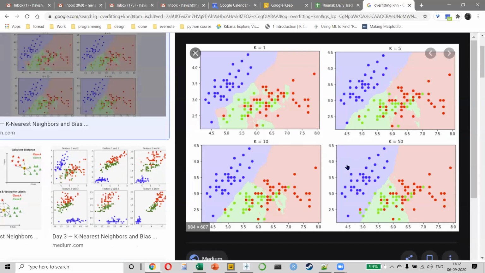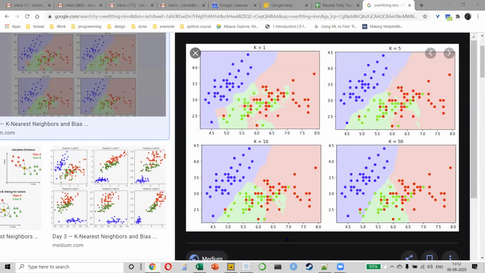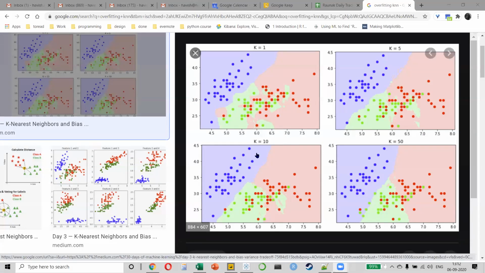So if you notice my data, which one do you think is the best one? Like, all these are 4 different types of clusters. Which one do you think would be the best one? Anyone? K equal to 1, K equal to 5, K equal to 10, K equal to 50. Which one do you think is the best one? K equal to 15 because it's most delineated. The clusters are more delineated in that case.